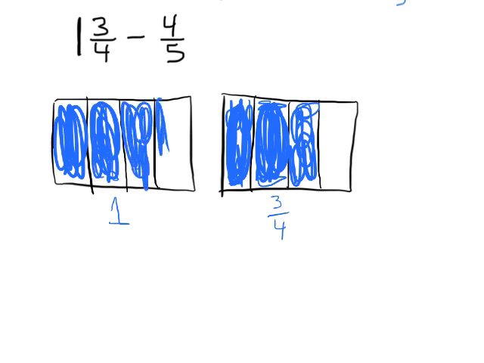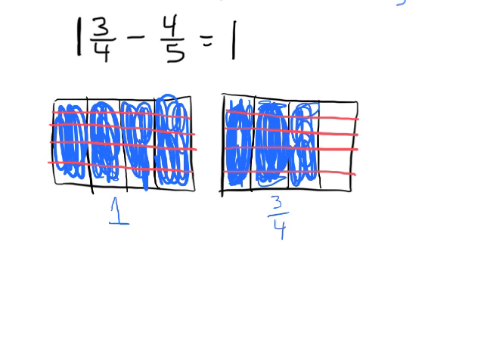Now another way that we can show what's going on is, okay, so if we're going to subtract our 4/5, right? So I need to cut everything into fifths. So 1, 2, 3, 4, 5, and then 1, 2, 3, 4, 5. All right, so now we can see that 1 3/4 becomes 1, and if we counted those, it would be 20ths. So it would be 1, 2, 3, 4, 5, 6, 7, 8, 9, 10, 11, 12, 13, 14, 15